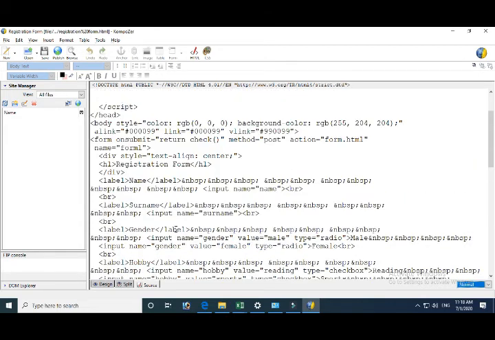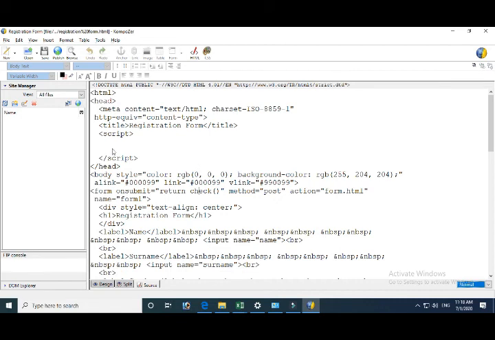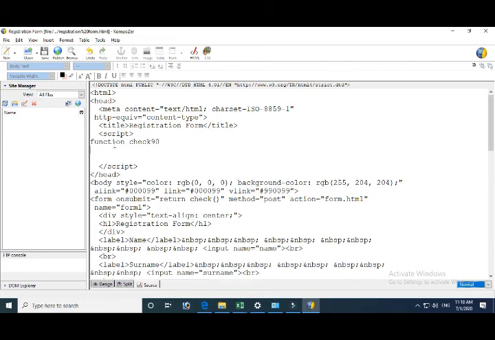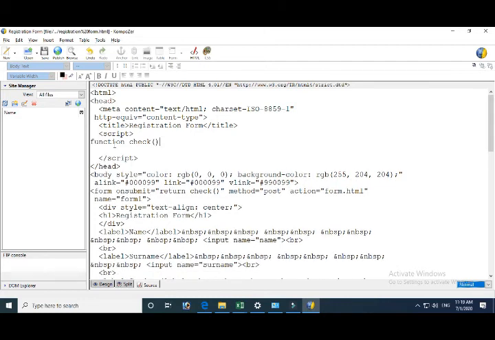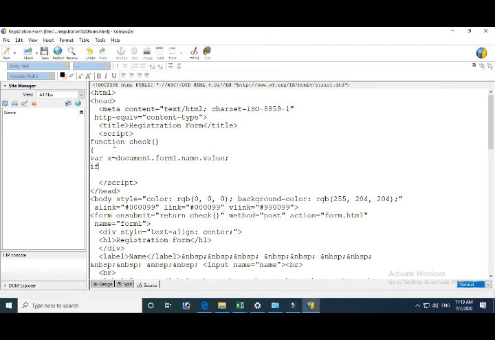So first of all, to initiate a function, you can see that it is created in the form tag. Now the function keyword creates a function. The function name that we have defined, we are writing here. Now in this curly bracket, we are going to create a variable named x and assign it a value, that is document.form1.name.value. So x will take its value from document, that is the object, form1, and the name field. Whatever is entered in the name field, it will store.